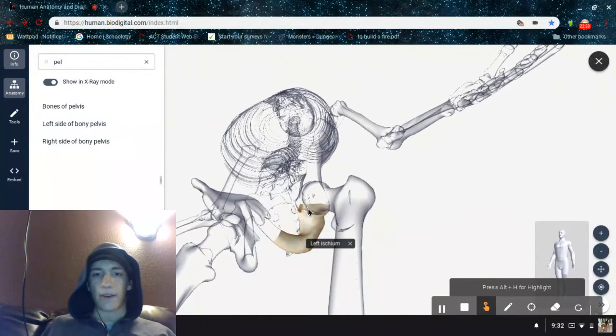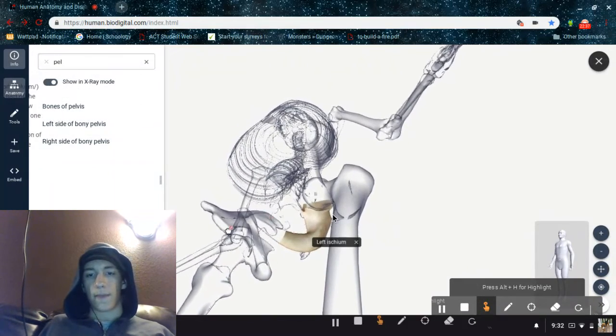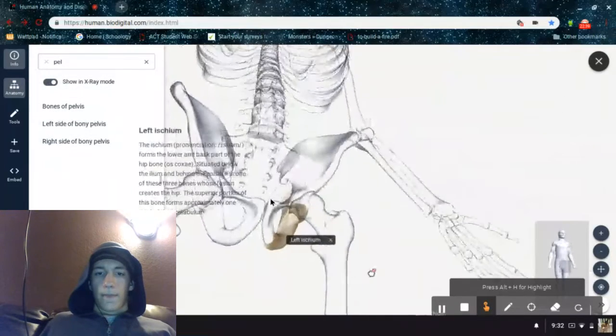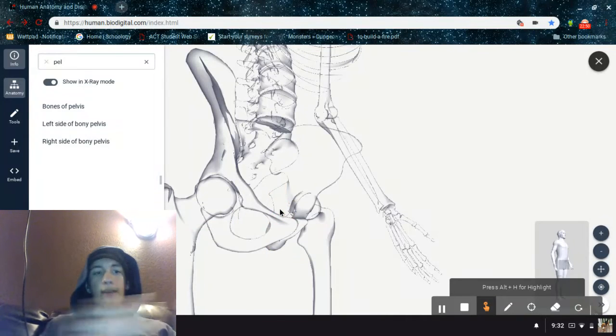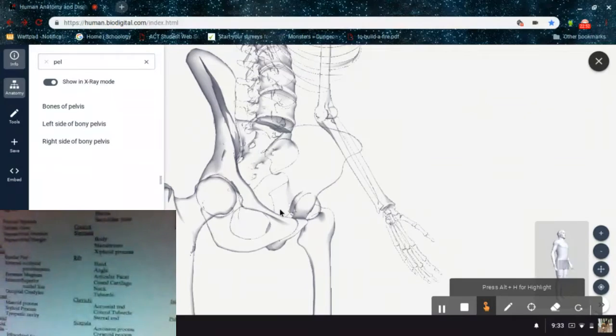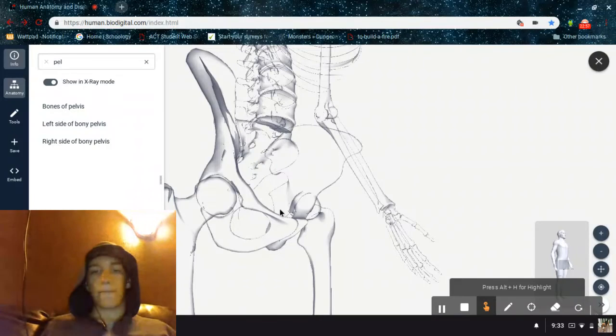You have a spine and a tuberosity on your ischium. The spine right here on your ischium, see it? That's your ischial spine, spelled thusly. And then your ischial tuberosity is